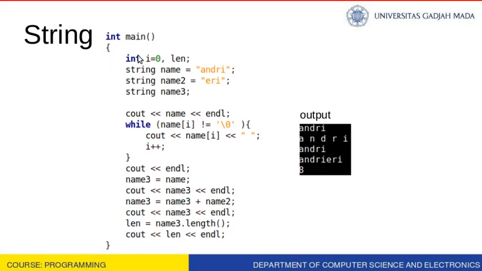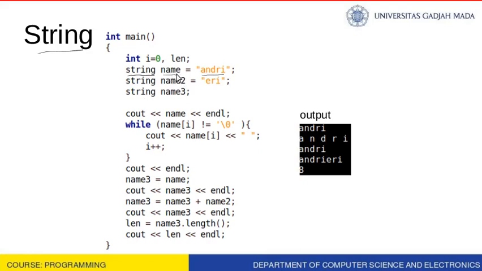Now we see another representation of word in programming language. You can use array of char or you can use string. How to use string? So here there is an example. If you want to declare a word, suppose this is the word that you want to store in your program, then you can use data type of string and then give the name of the variable,